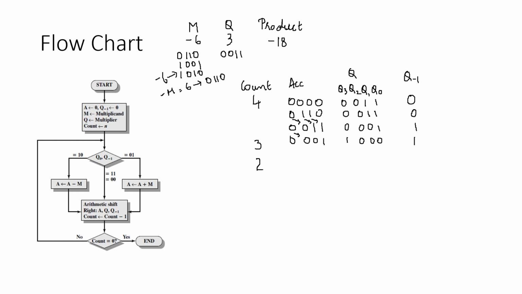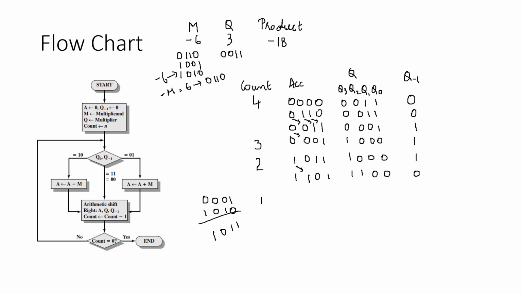So now at this point A is equal to 0, 0, 0, 1. M is 1, 0, 1, 0. So the addition of these two results in this. Therefore, we bring that down to the accumulator here. Okay, let's copy this as it is. And 1. So now we have to shift, right? So we retain this as it is, and then this goes here, 1, 0, 1, 1, 1, 0, 0 and 0. Next the count becomes 1.